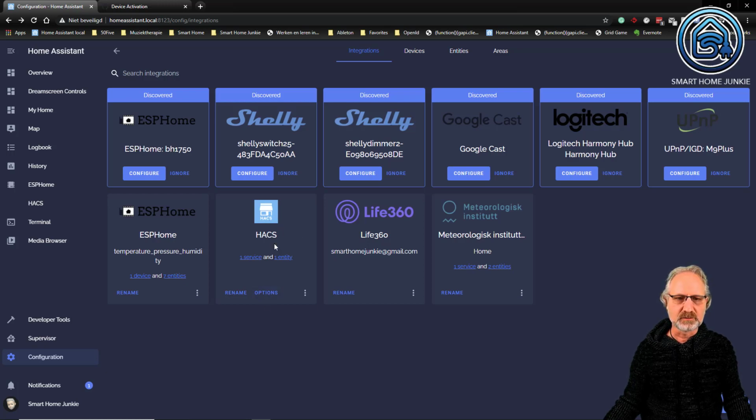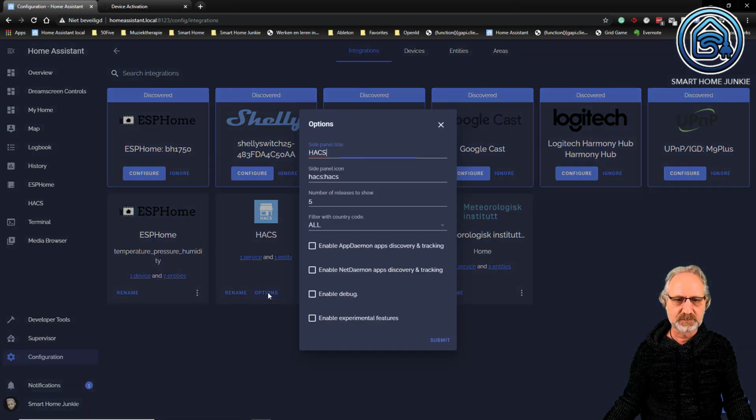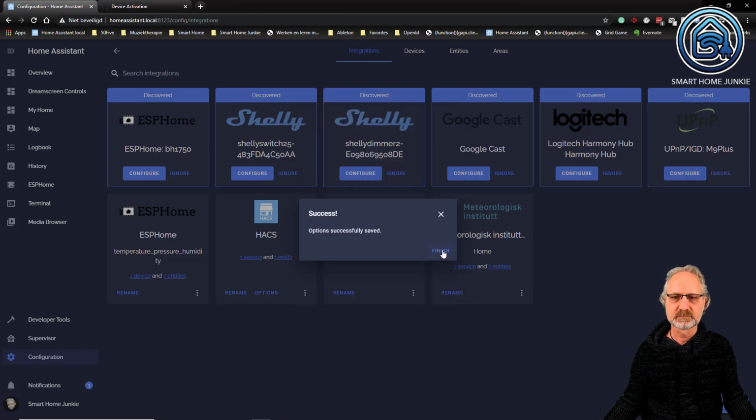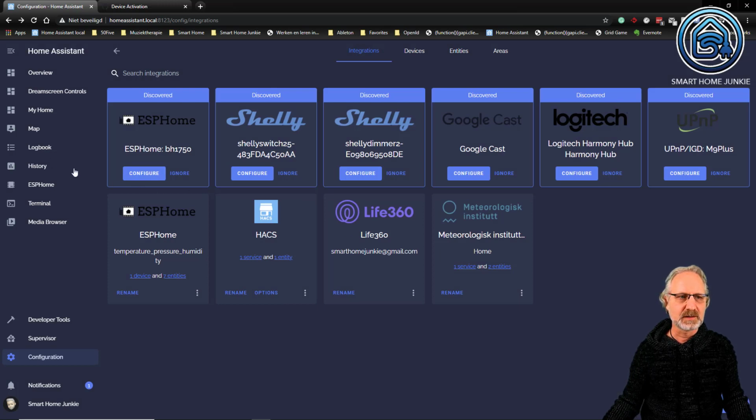So now I go to options on HACS and I can set some options here, what the left side panel title is, which is HACS. And I can enable all kinds of things here. I'm enabling debug, netdaemon and appdaemon. Experimental features, I'm not going to enable them. So submit this, finish, and now